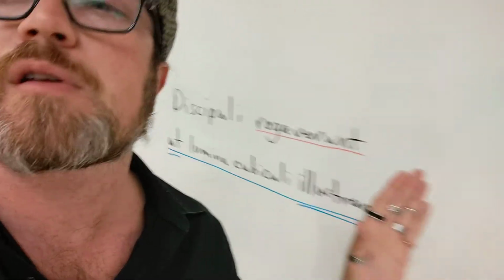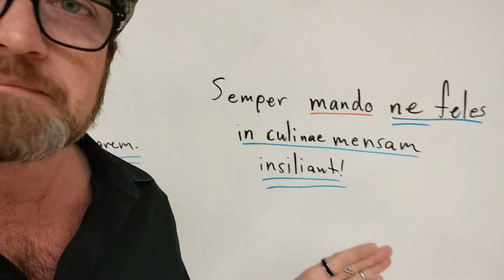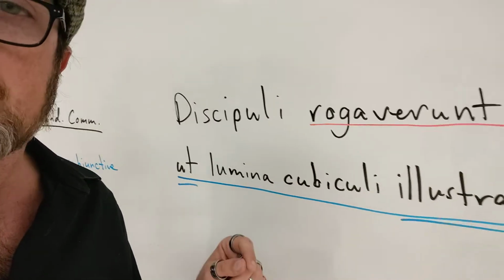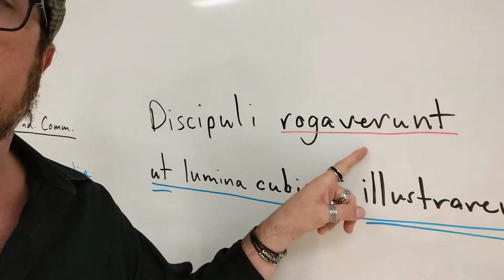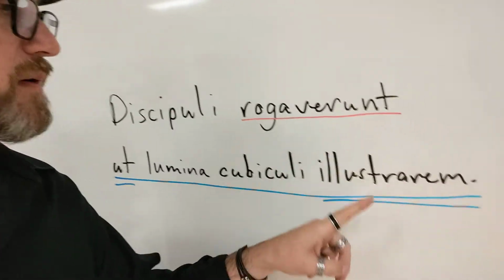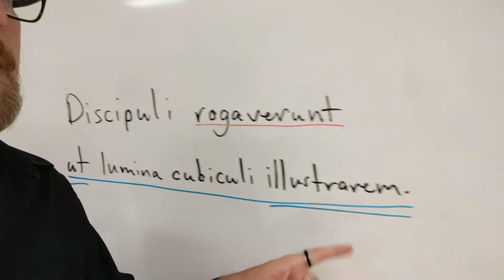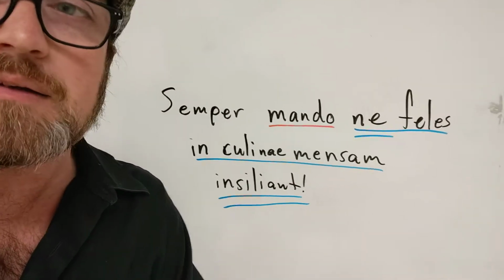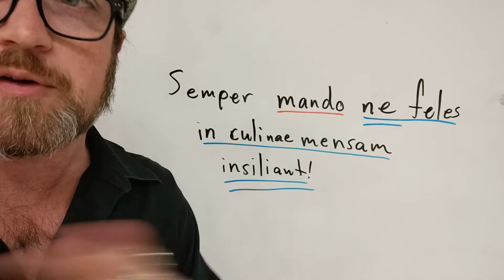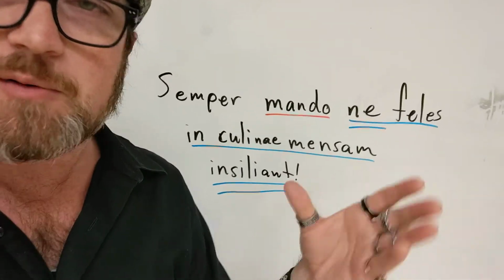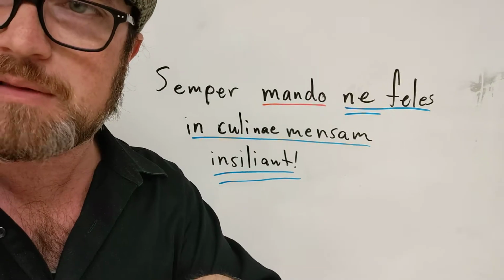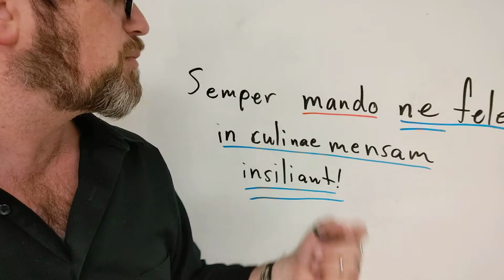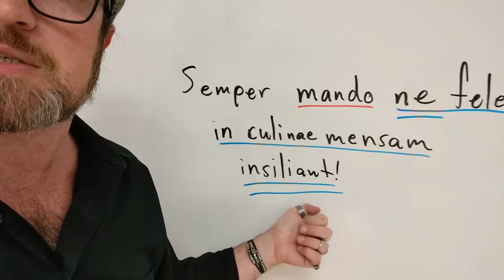I'm getting distracted. Let me show you another example of the indirect command. All right? So one more thing to point out here. This is a great example of one in the secondary sequence. My main verb, which is my verb of request, was in the past. So I used an imperfect subjunctive here. But, just like with result clauses, I can have this in the primary sequence, and my subjunctive will always be either imperfect or present, because again, the indirect command can't happen before the main clause. If somebody was requesting something, then it wouldn't have already happened. So if I was in the primary sequence, I'm definitely going to have a present subjunctive like I have here